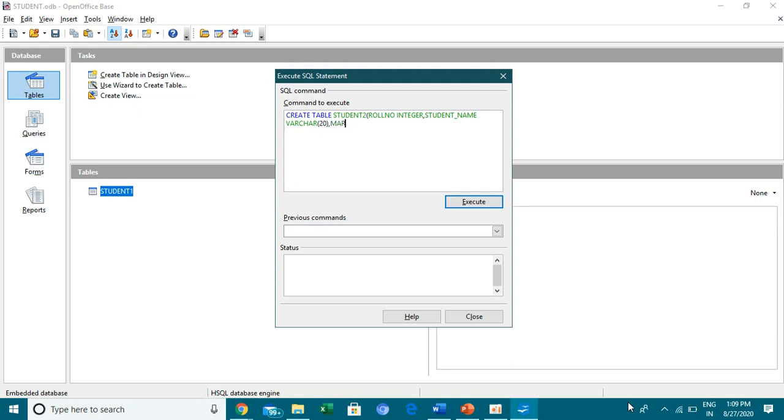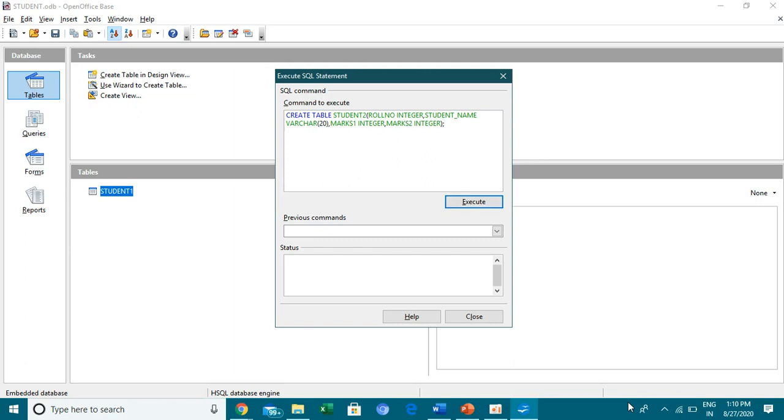Then marks 1, space, integer, comma, marks 2, space, integer. Like this you can give, then close the bracket, then give the semicolon. I said every SQL statement is terminated by a semicolon.